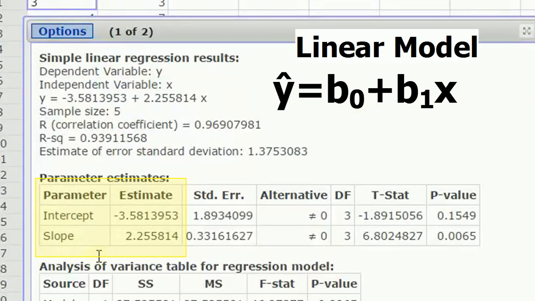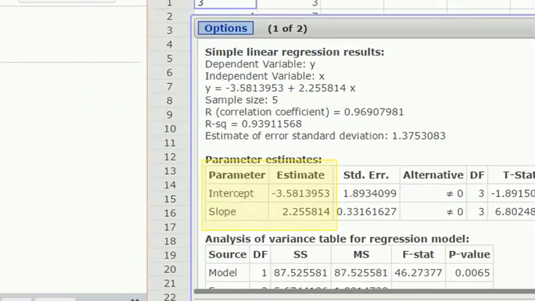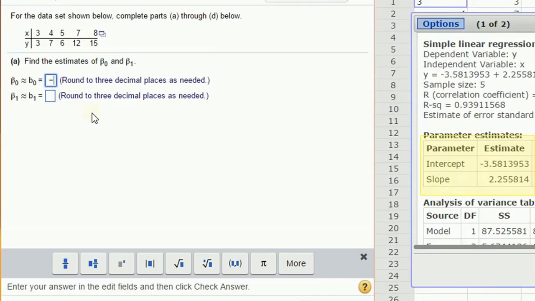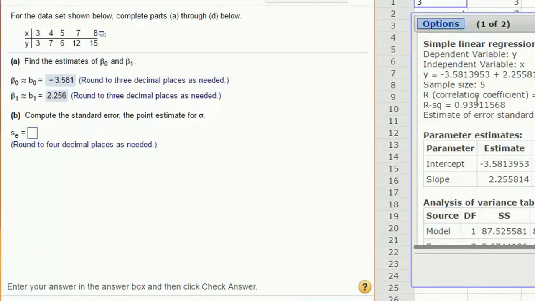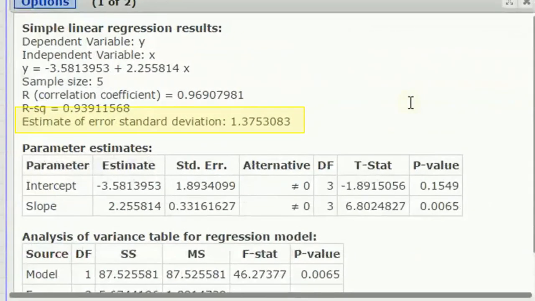So, but the numbers are the same. The intercept is going to be the B0, so that's negative 3.581, and the slope, 2.25, rounded up, 2.56. The standard error is going to be also given in our output. The standard error is an